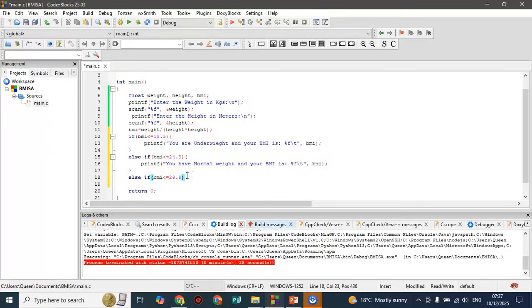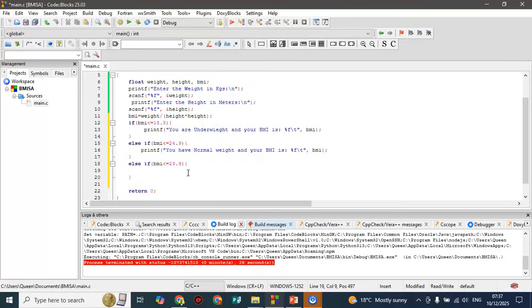Then we are going to say what we want to say. You are overweight. You are overweight, and your BMI is